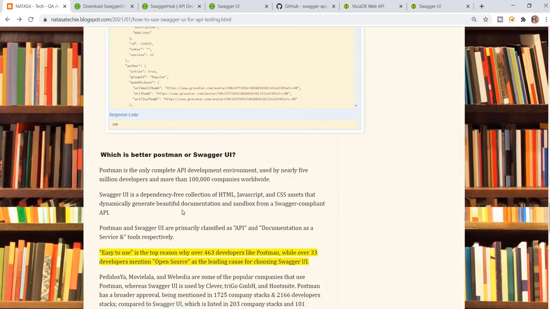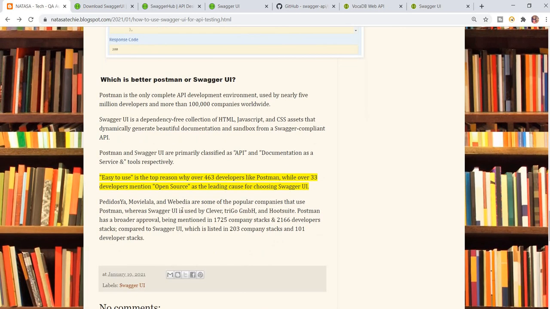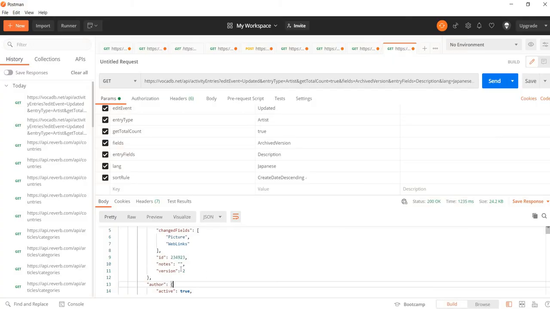Okay, thank you guys. And one thing, sorry, I forgot to update: which is better, Postman or Swagger UI? Swagger UI is best for manual testers, who manually try to explore it. But Postman is easy to understand, and you see what data we are getting. See here, different colors are available. This is the key, this is the value.